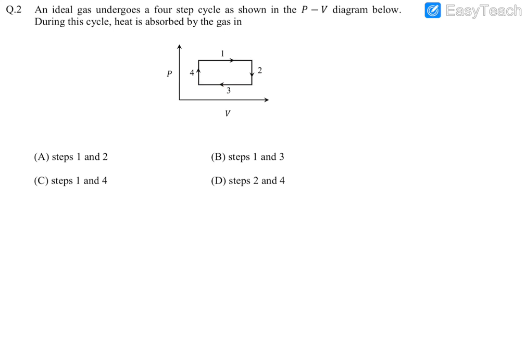Now if you read this process 1, it is isobaric. This is isobaric expansion. So for isobaric expansion, we need to talk about the heat. Whenever we need to talk about the heat of a system, in detail, we can think about this thermodynamic system, a piston cylinder system, and the gas inside. Now we need to see how things are happening.